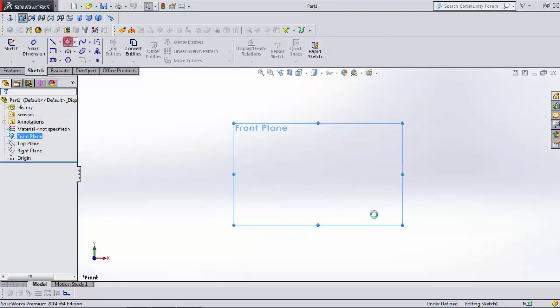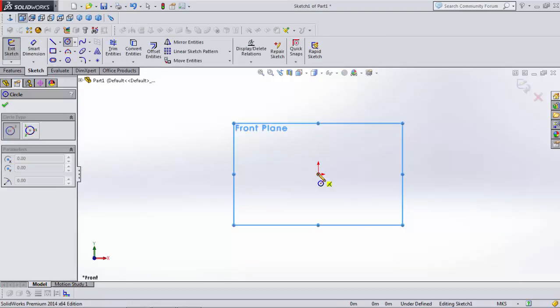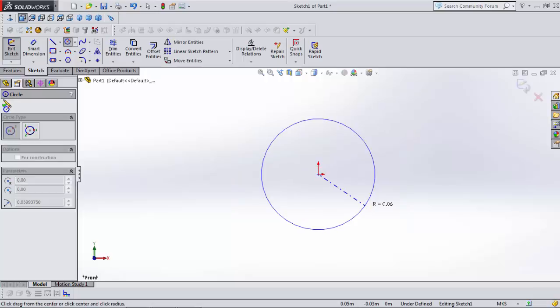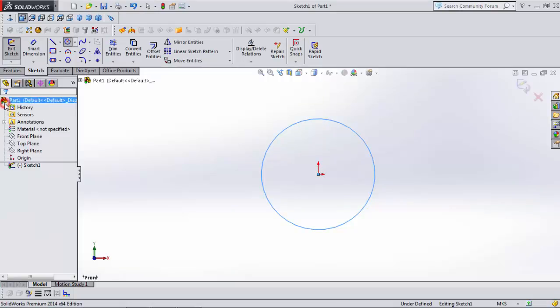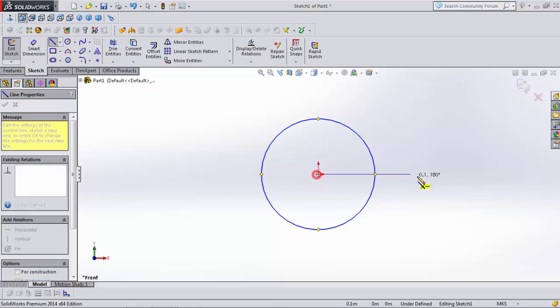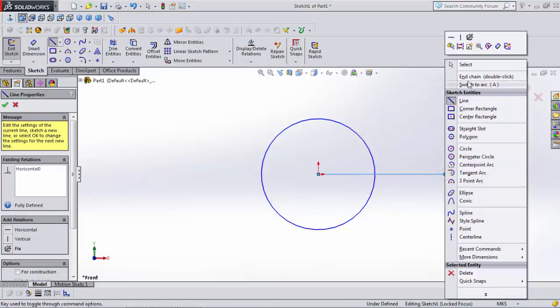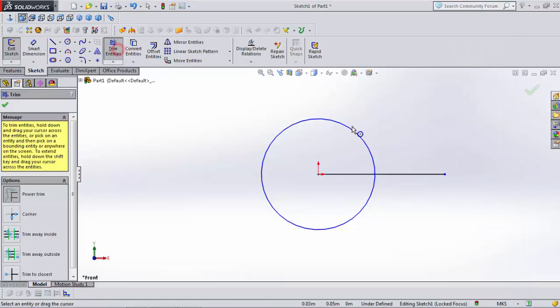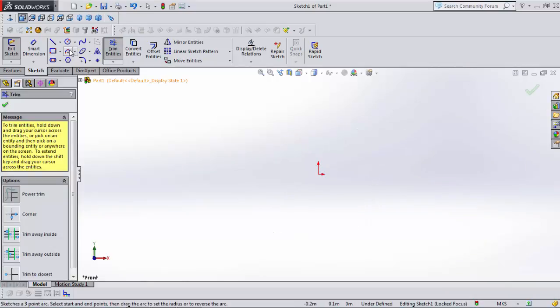So in the last tutorial, I told you about how a circle can be created. Two types of circle. First one was the normal circle and second one was the perimeter circle. And then I told you about line, construction line, and center line. And then I also told you about the trim option through which you can delete the entities which you have created. Now today we will move further and try to explore some